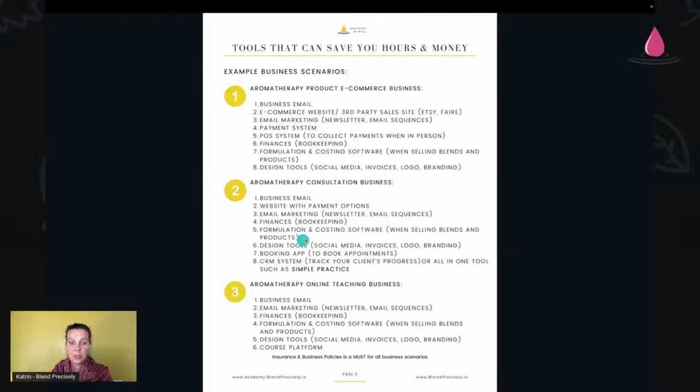What you don't need really is a point of sales system. So that one falls away if you just have a consultation business, because you literally can create an invoice, send it to your customer through your website, or create an invoice in Stripe and send it to your customer and collect payments this way. You don't need to have some kind of a POS system right away in the beginning for selling your consultations.